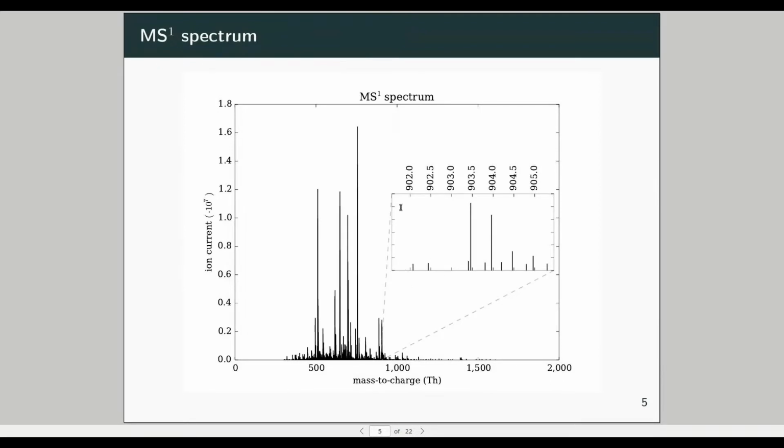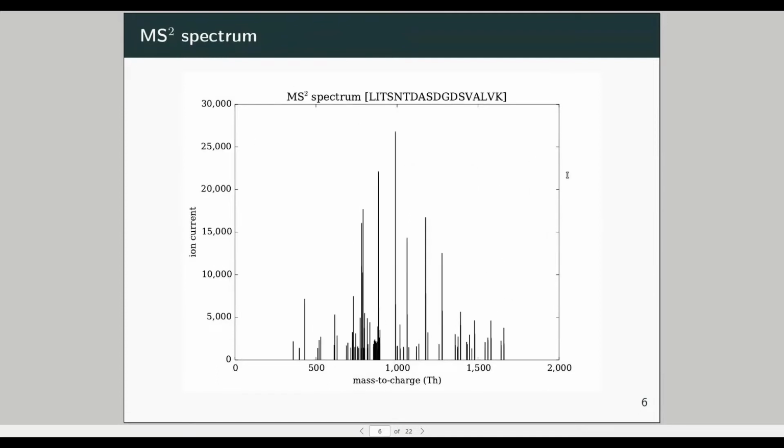Then the mass spectrometer selects a rather narrow window of these molecules by their mass, and then it subjects them to fragmentation, and what you can see here is actually the masses of fragments. Like this, molecules were isolated, now they are fragmented, and now the core task in shotgun proteomics is to identify the peptide,